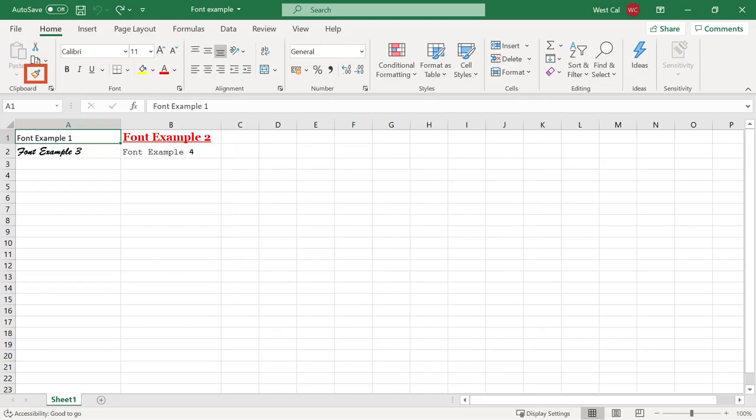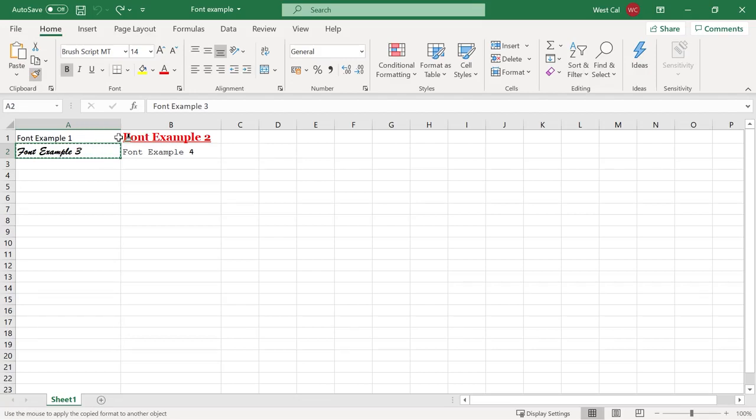With the Format Painter, you can copy just the formatting from one cell and apply it to others in your worksheet. To use the Format Painter, select a cell that has the format you want to copy, then click the Home tab and then Format Painter. The cell that you selected will be identified with a scrolling dashed border, and your mouse pointer will now have